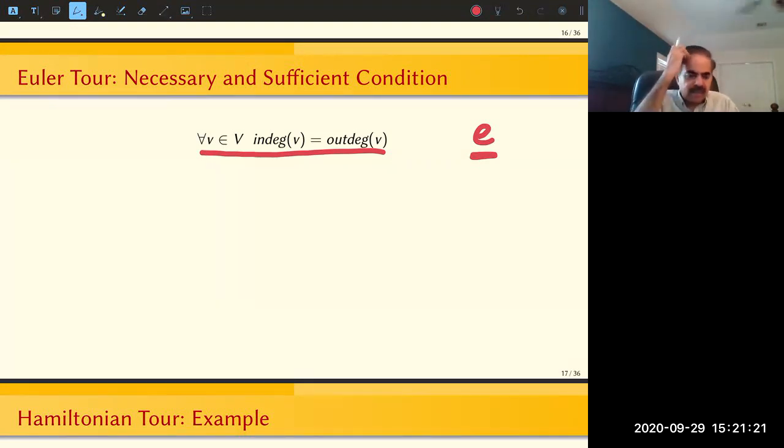So let's come back to understand why this is true, right? So if the in degree is equal to out degree, then why should it be the case that you can always find an Euler's tour, right? So here is a way to think about it, right? So if at every vertex, your in degree and out degree are the same,